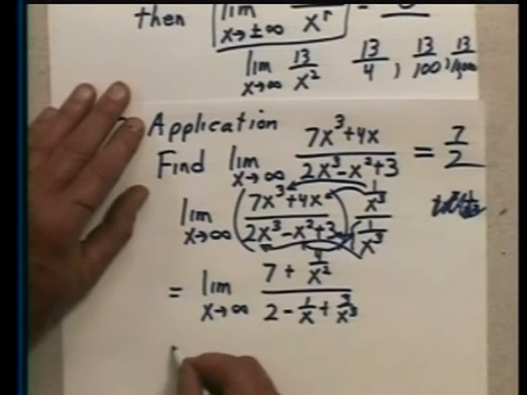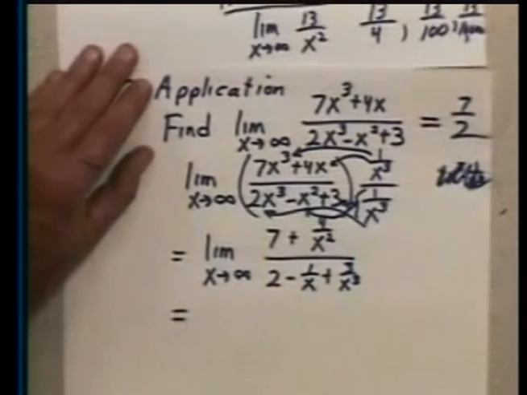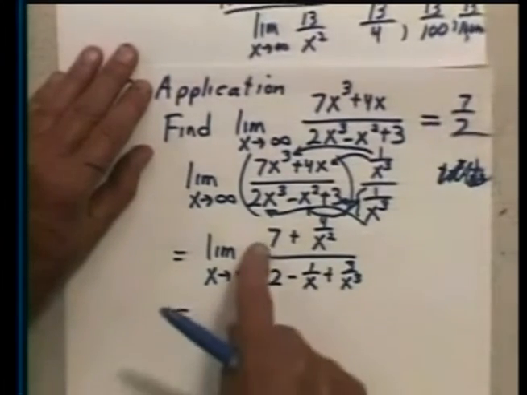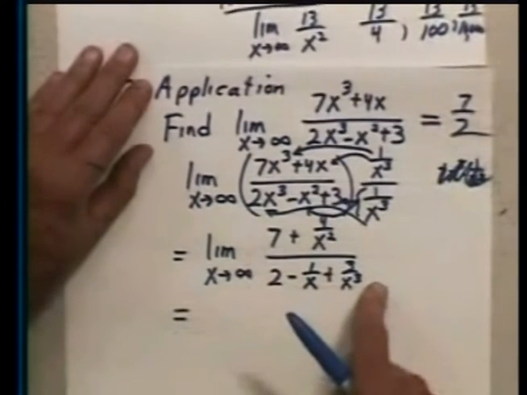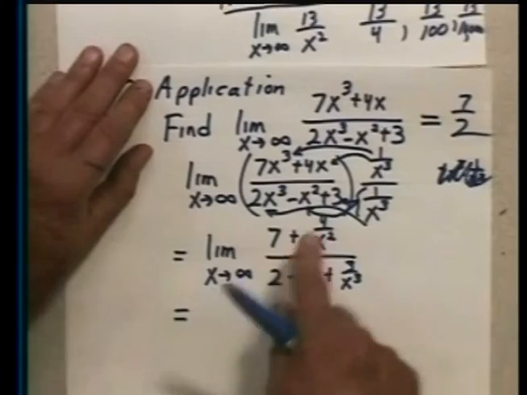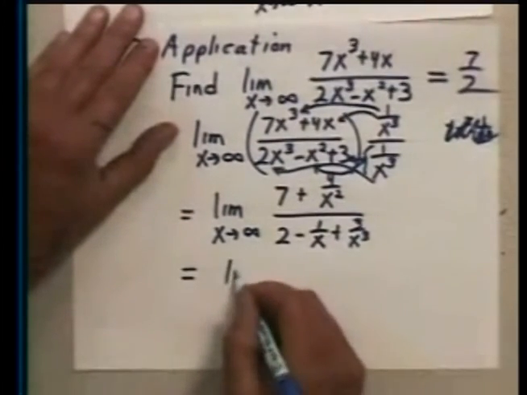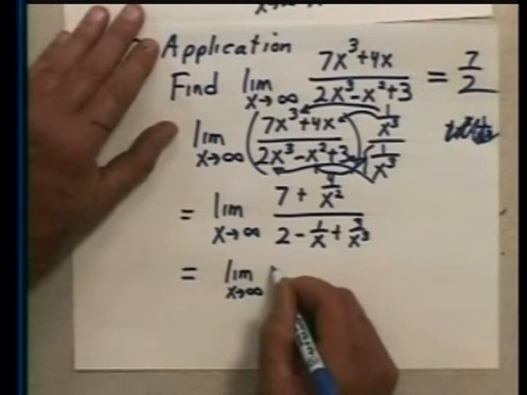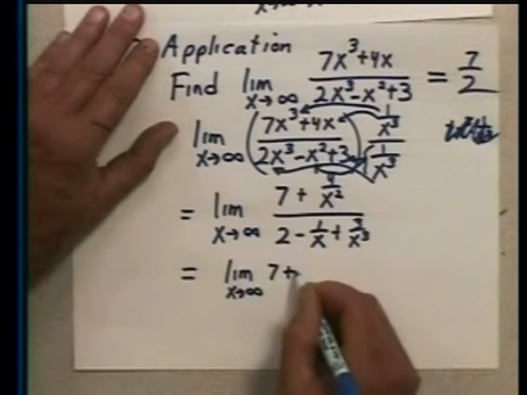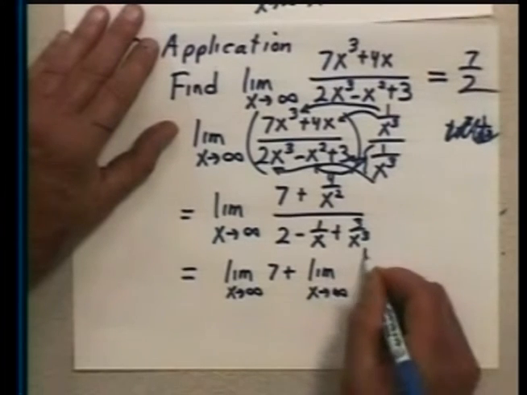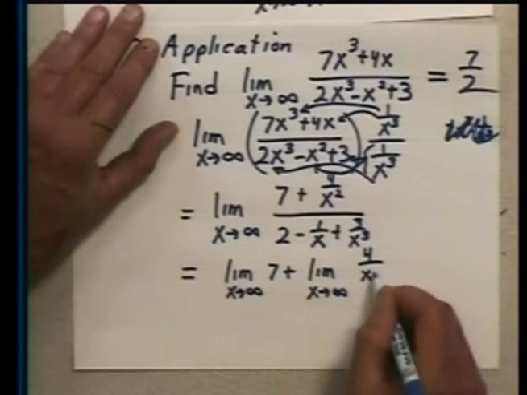Now, we're not going to break it all down and drag this problem out, but technically, our limit properties say you can do the limit of the top and the limit of the bottom separately, remember? And then on top, you're going to have a limit of the sum. So I'm just going to jump here and say eventually, and when you do this problem, you probably won't even write this much. You're going to end up with a limit of 7 plus the limit as x approaches infinity of 4 over x squared